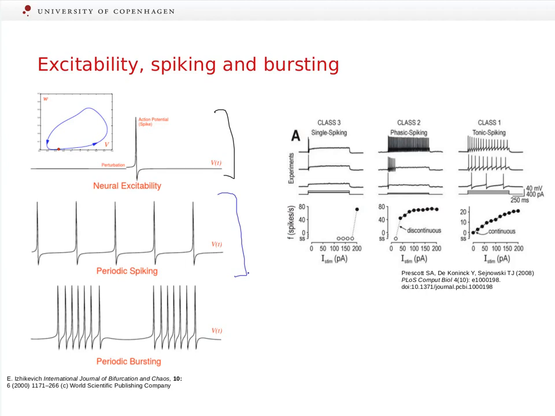In other cases, a system can spontaneously flip from spiking to quiescent states, so it flicks between spiking and quiescence. And the groups of spikes are called bursts, and they are separated by larger gaps. Such a regime is called bursting, and it can be periodic or stochastic, and further down the lecture we'll see what role it can serve in computational properties.